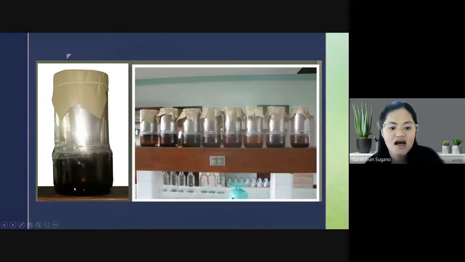This microbial starter is not just one kind of microorganism but different types, such as yeast, bacteria and mold. It's teamwork of the different microorganisms in order to produce this